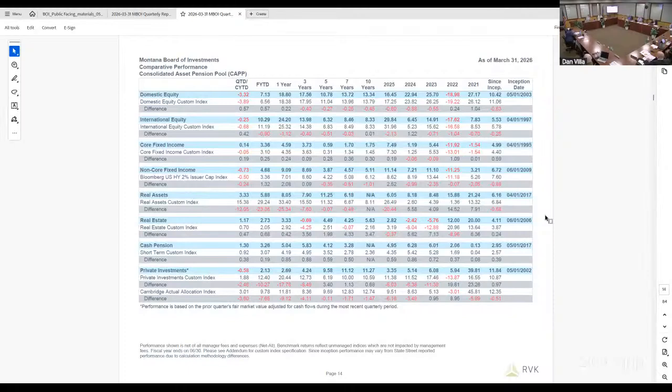Fixed income for the fiscal year to date, a little over 3.3%, almost 3.4%. No issues with your benchmark for all trailing periods. Non-core fixed income, so it's picking up the high yield, also convertibles, emerging market debt. And that has been an enhancement to the return of your overall fixed income exposure with returns of 4.7, beating its benchmark for the fiscal year to date out to 3 years.